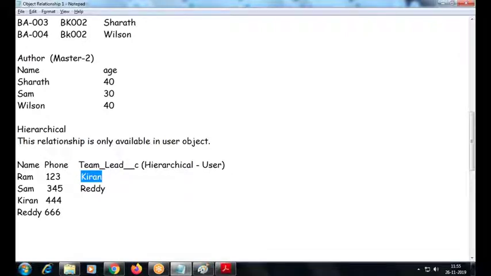I can make a relationship between the other object to other record in the same object, like a hierarchy. You are the lead for me. Okay, this guy is a manager to that guy. Like that, I can choose. And here I cannot choose the same user record. I cannot make a relationship between the same user record